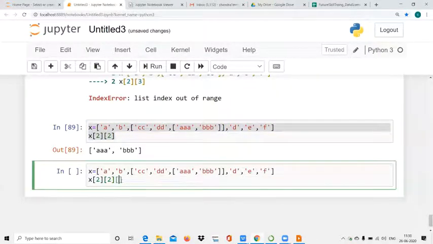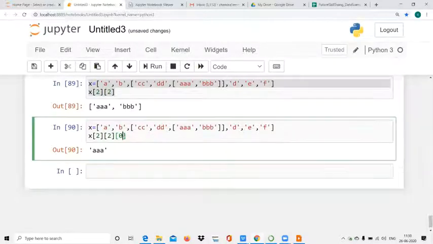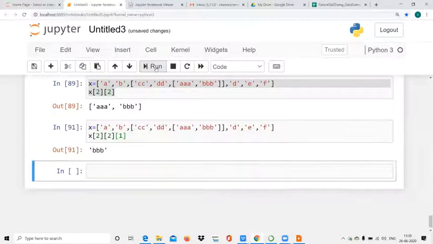Now the 0 element, let's see, one dimension more added. So this first element is accessed. Now the second element is accessed. Like this, within a list we can have another list, and this depth is unlimited.